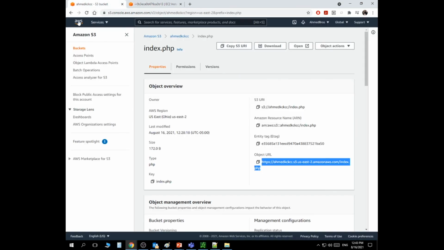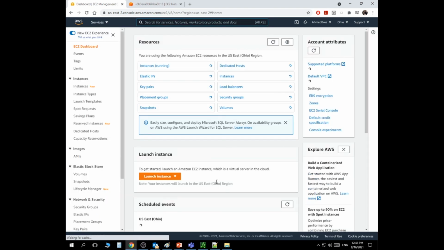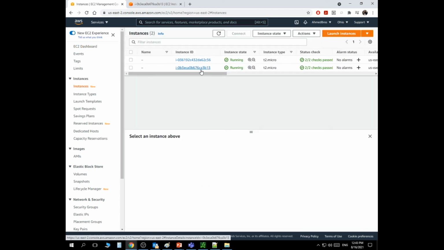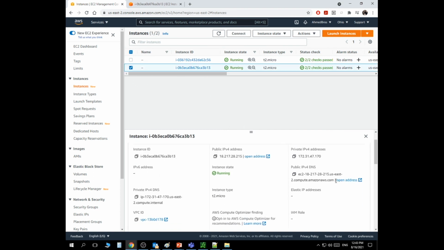So I have to go back to my AWS account. Click here, and then click on your EC2, and then click on instances. Remember here, I have two of them. Now I have to remember which one of them is the second one. I think this is the second one. And then remember here, you have to click and copy that, and then go to,